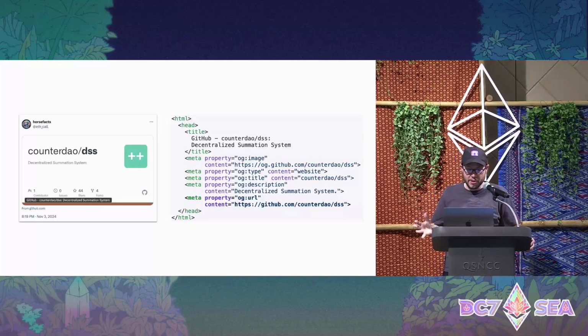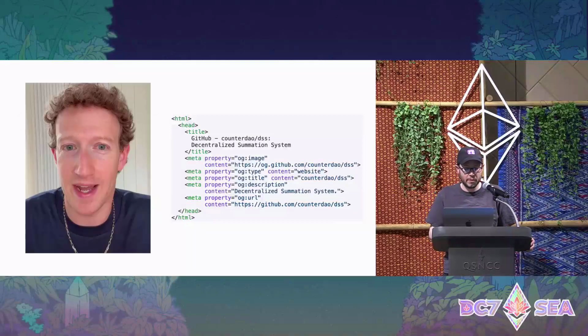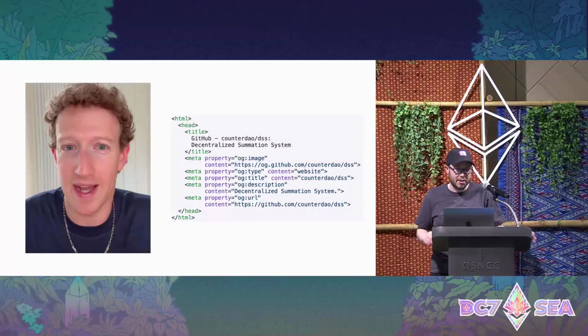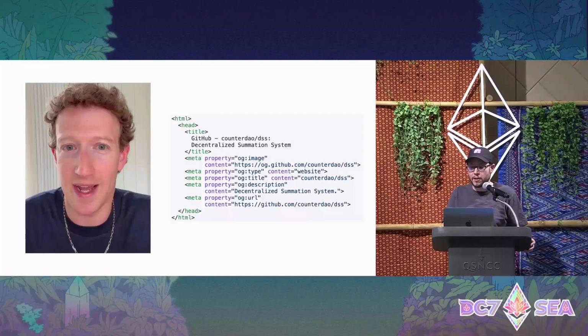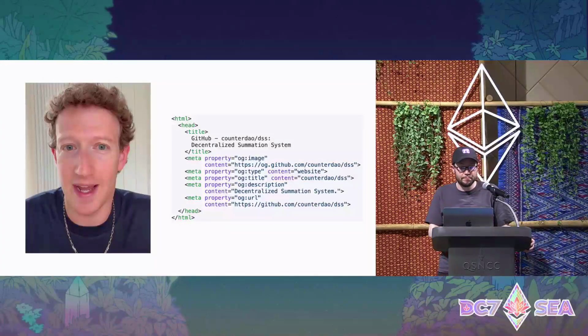So when you post your tweet, Twitter makes an HTTP request to fetch this page, loads the HTML, looks for the head element, parses these metadata tags out of it, and then ultimately renders this really nice image instead of the plain URL. Open Graph is actually an old-ish standard at this point. It was created way back in 2010 by Facebook, but it's still very widely used around the web.